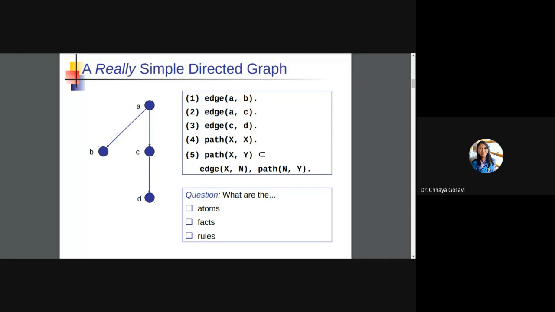X and Y are variables. It's like we have to find values of X and Y. So a query can be: is there a path A comma B, A to B, and question mark. What is the difference between fact and query? A fact says there is a path from A to B, and a query asks you a question: is there a path from A to B? So in Prolog, if your statement ends with a full stop, that is a dot, that means it's a fact. And if it ends with a question mark, you are asking whether there is a path from A to B. So that's a query, and your answer should be true or false.